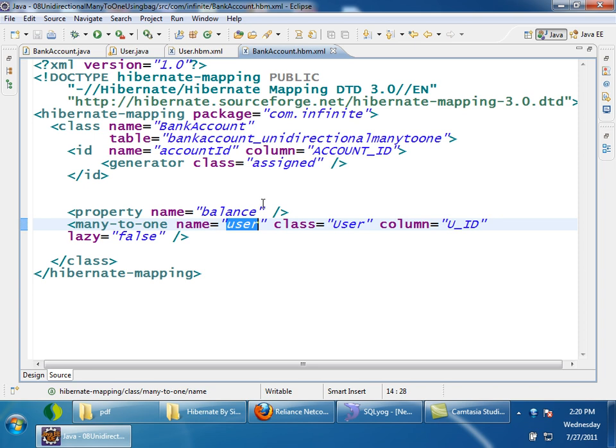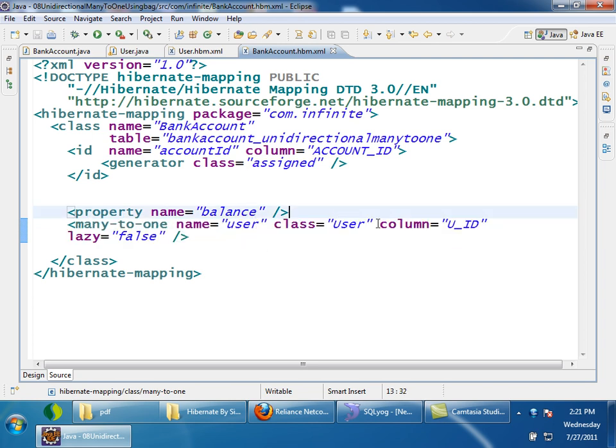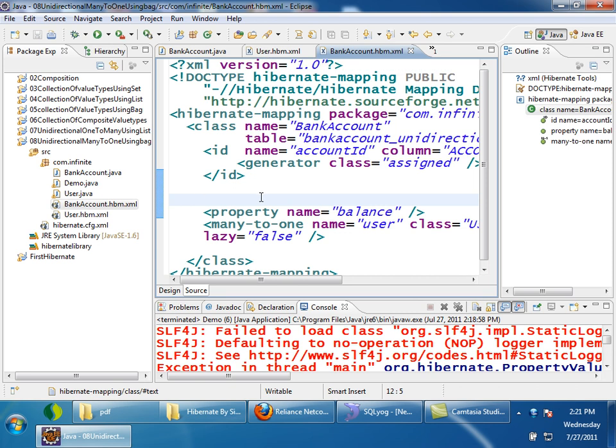That is a field representing the many-to-one relationship. So to configure a many-to-one relationship, we have to use the many-to-one tag, and here I am telling about the foreign key column inside the many-to-one tag, right? Now coming back here in the demo,